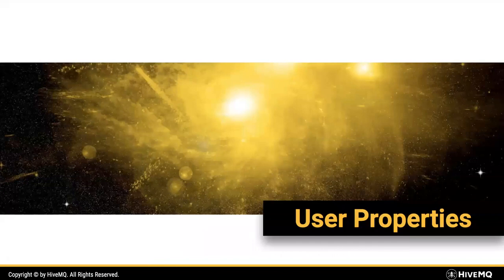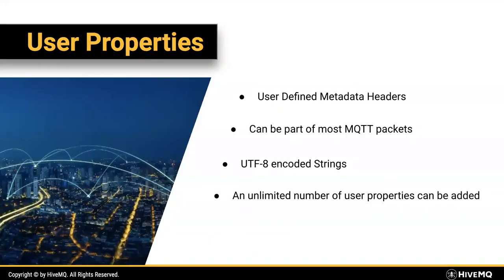Okay, let's also cover one of the most frequently asked features, the so-called user properties. If you're familiar with HTTP, you know what this is. These are basically custom headers. In the past with MQTT 3, you basically had one byte blob where you could put in all your data.